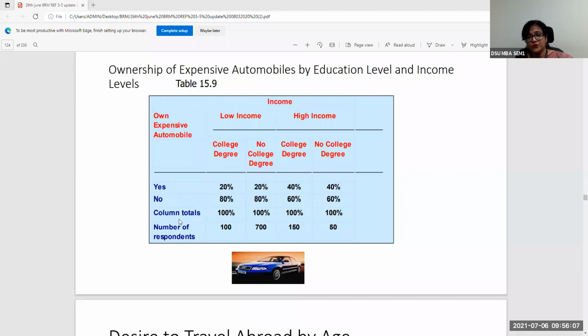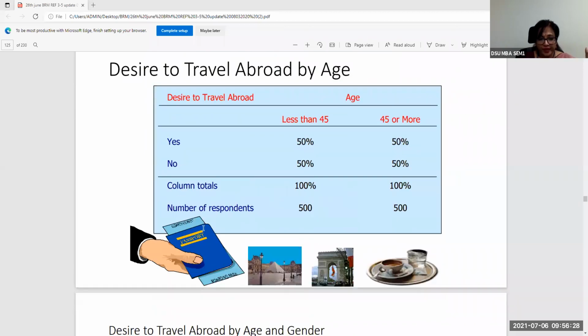So if I have to use these techniques, I should have that kind of data collection done. If I need to use a certain factor analysis, I must have interval scale data. If I want to use chi-square analysis, I must have nominal scale data. These are the things you need to understand, so that you know what type of analytical techniques to use for what type of data.